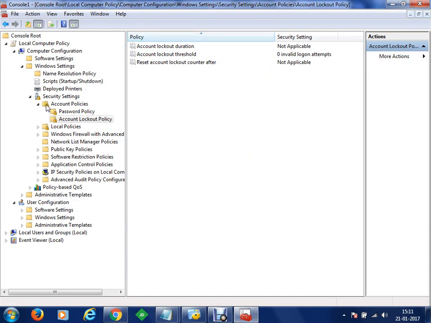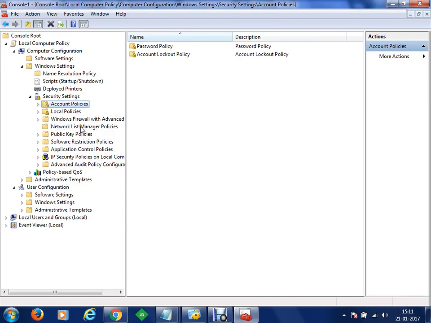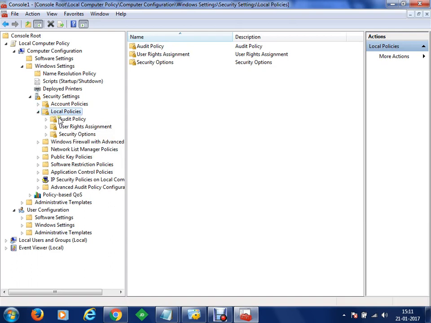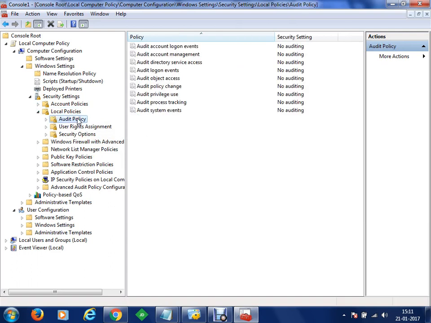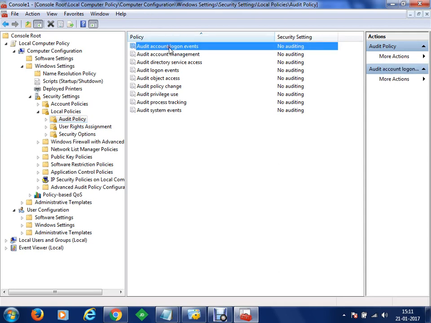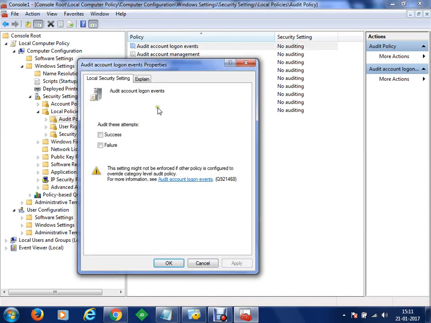So once you understand the account policies, you can manage your accounts here. Then you can go to some more local policies. Let's say in the local policy, we have some audit policies. These audit policies define which events you want to log. So you can audit account events, account logon events. Let's say if we double click on it, and if I want to check the failure events which have occurred and the success events as well, who has logged into the account, we'd like to check and audit that. So let me just apply and click on OK.